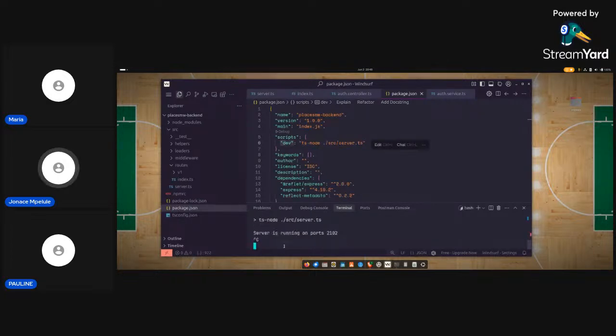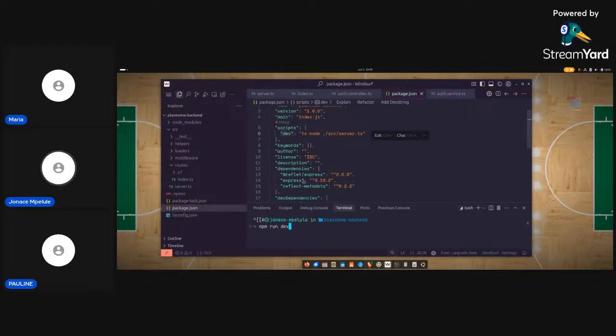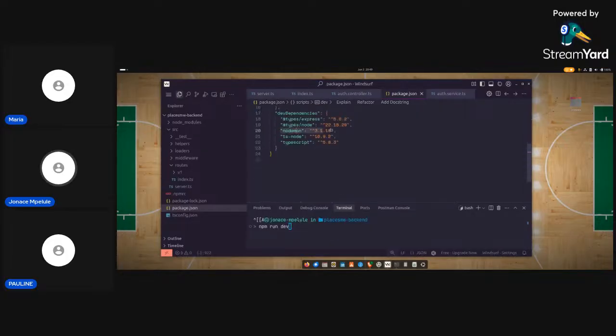Okay, so now if we want to run our server, it's just npm run dev. Cool. So then let's introduce ourselves to this thing called nodemon. Okay. So as you have seen, I have to stop the server and then rerun it. Nodemon now does that for us. So we're going to say nodemon, and also